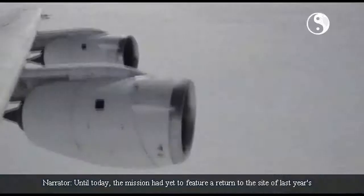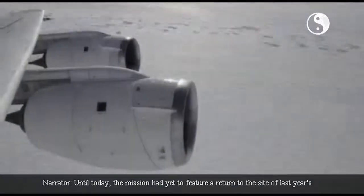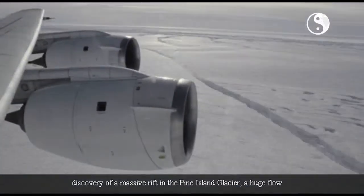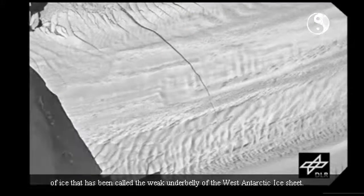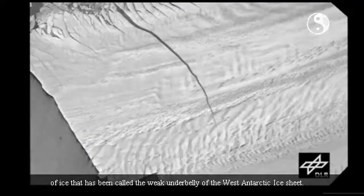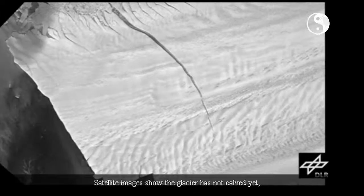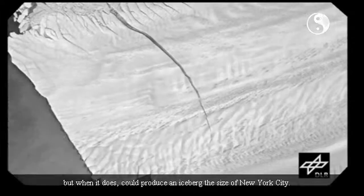Until today, the mission had yet to feature a return to the site of last year's discovery of a massive rift in the Pine Island Glacier, a huge flow of ice that has been called the weak underbelly of the West Antarctic ice sheet. Satellite images show the glacier has not calved yet, but when it does, it could produce an iceberg the size of